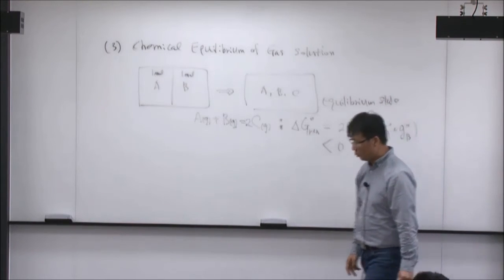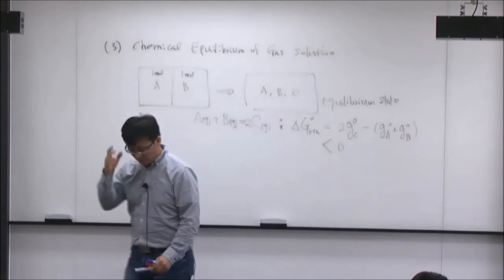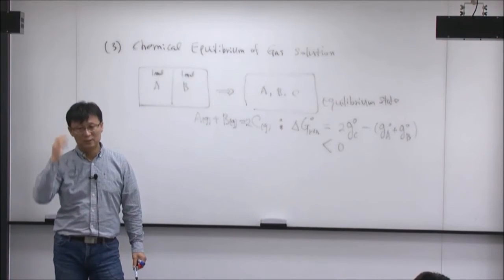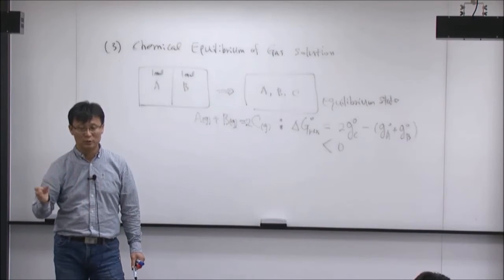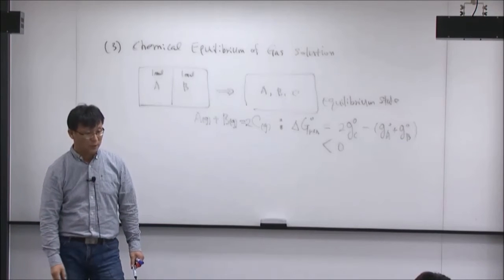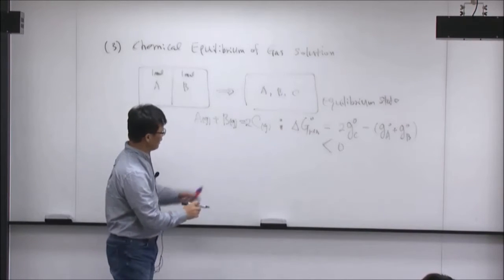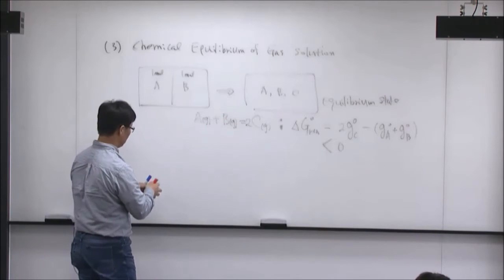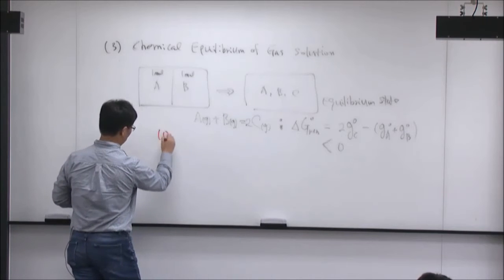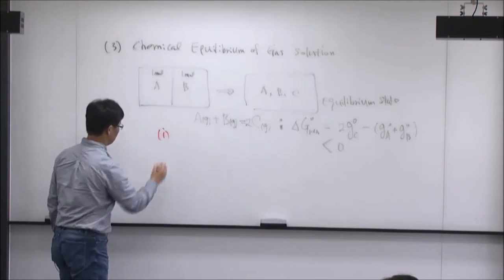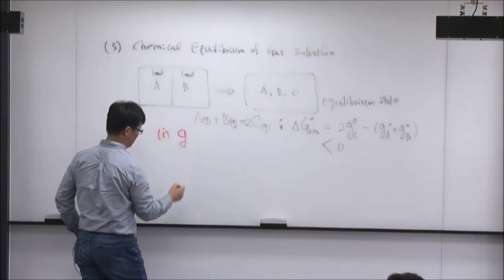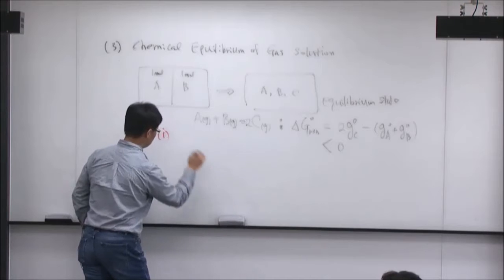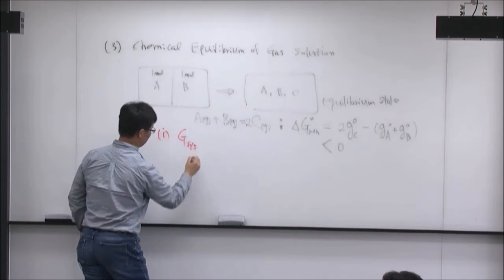Okay, one of the ways is from the equilibrium state point of view. It means the Gibbs energy of the system is at its lowest energy state. Am I right? So if I write down the Gibbs energy of the system in the final state, I could say it this way. One method is like this: the Gibbs energy of the system in the final state